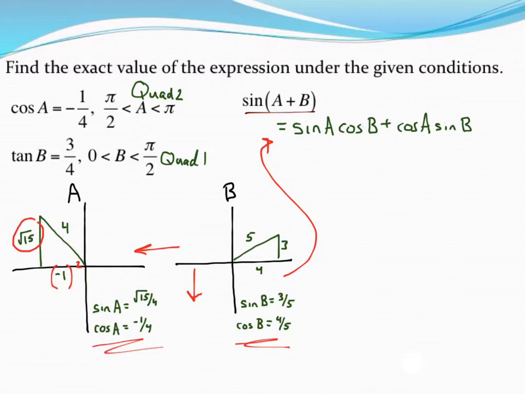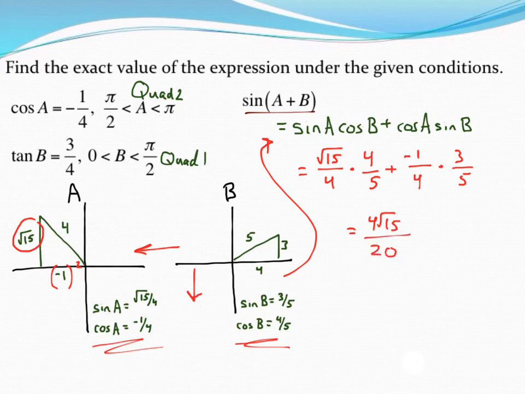So finishing this problem together then, we've got the square root of 15 over 4, that's the sine of angle A. Cosine of B was 4/5. The cosine of angle A was that -1/4, our only negative ratio, and then the sine of B was 3/5. So multiplying this out and simplifying, I end up with 4 square root of 15 over 20